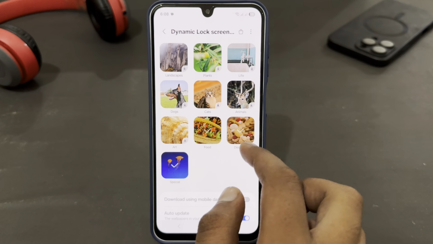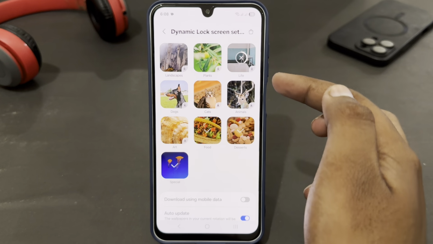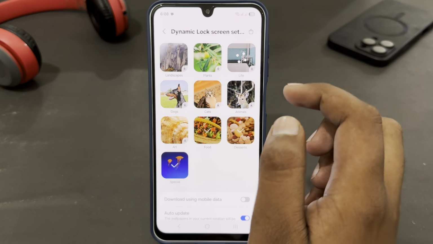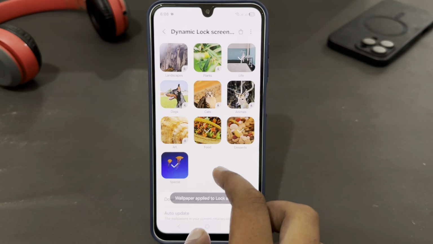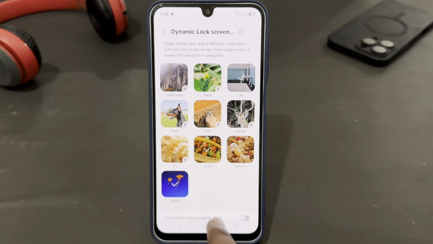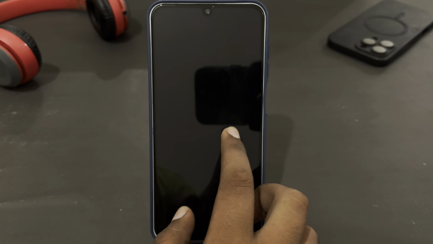I have selected these three, but I'm going to select one more. Here just select this one. It will start downloading and after that it will be selected. So you can see I have selected 4 categories. Now you can easily use your dynamic lock screen in your